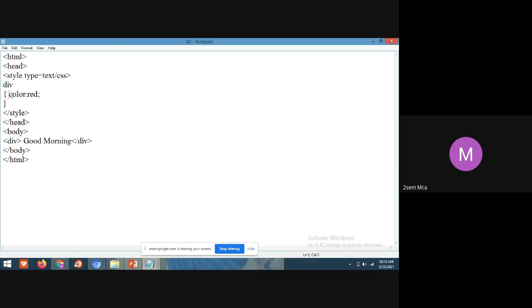Within the style tag, what I have given is the color. Generally when you give any content in the body tag, it will display in black color. If you want to change the color, then you have to change it using a style tag. Here I have changed the color black to red.